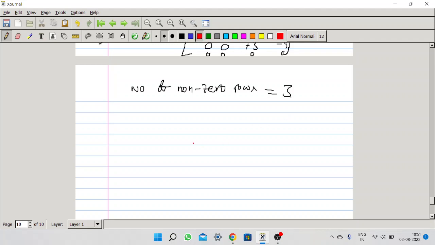So let me solve problem 8 now. This is a direct question. Given A equal to 1, minus 2, 1, minus 3, 3, 0, 2, 2, 4. The problem is, if a linear system Ax equal to b is consistent for any b belongs to R, then the rank of the augmented matrix. So we can say the rank of the augmented matrix